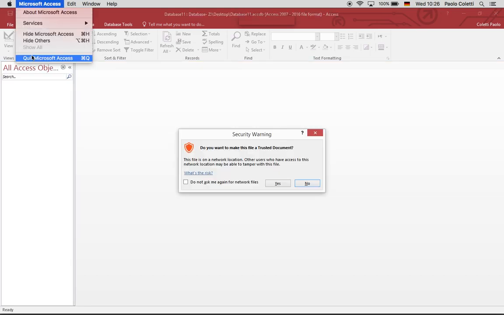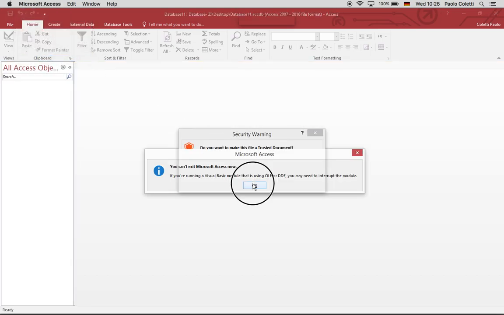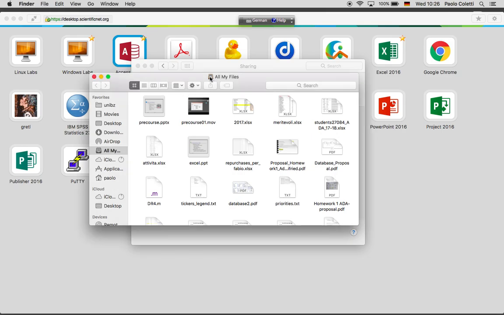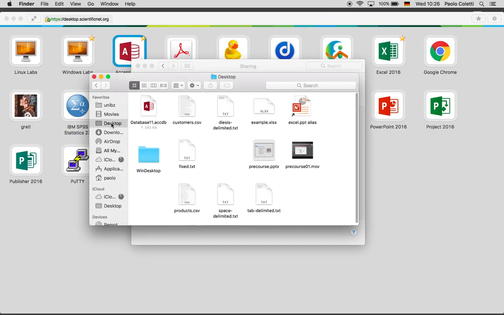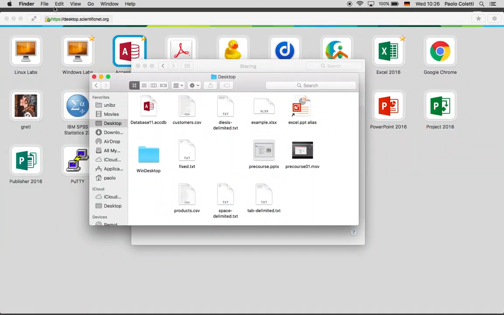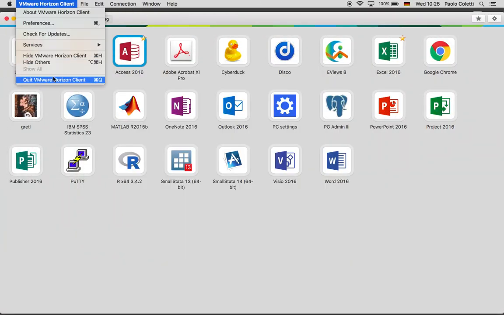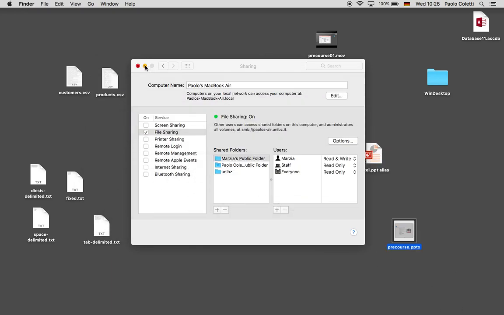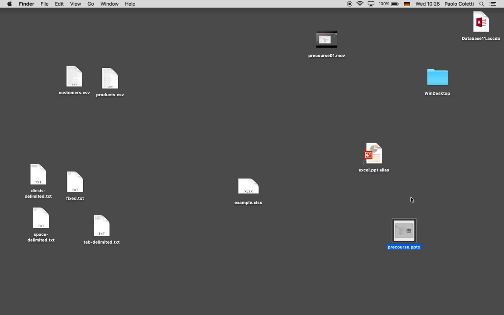Now I shut down Access because I'm really bored. Oh, finally. This is the Mac desktop. Shut down also this thing here. Quit. The Mac desktop has been reached. You can see the database is here, database 11.accdb.